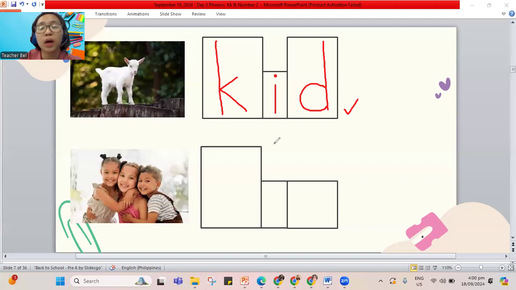Okay, another one. We have the pictures of siblings. They are a kin. They're the kin of their mommy and daddy. And just like you with your sibling, you are the kin of mommy and daddy. So let's go to kin. How do we spell it? Line down, kick in and kick out K. And then there's I in the middle and your N, line down and make a hump. That is kin. So here we have the kid and kin.